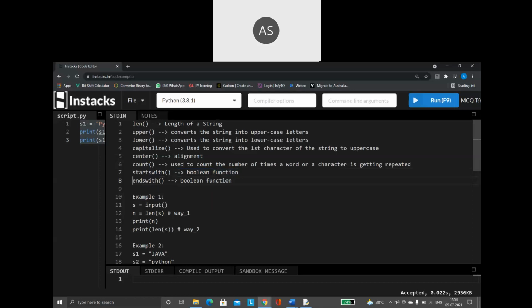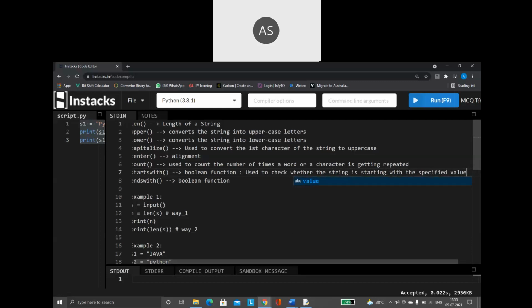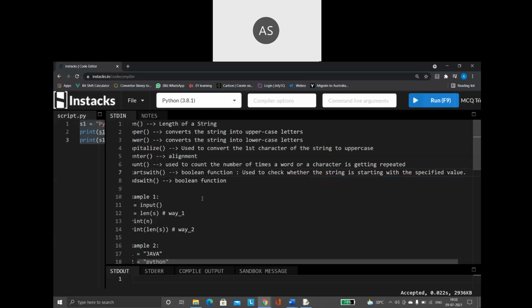So what is startswith? Startswith is used to check whether the given string is starting with the specified value. I have a string, and I want to check whether the string is starting with the character.